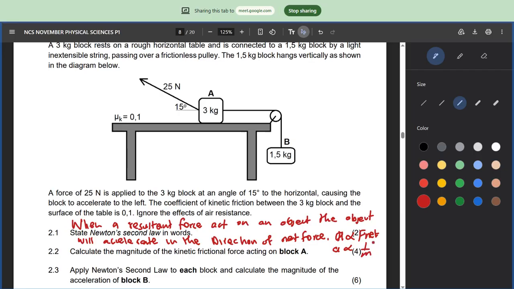It says that they want you to calculate the magnitude of the kinetic friction acting on block A. Do you understand? Yes, sir. So to find that, you need to understand the formula that we need to use to calculate that magnitude. Remember the formula for kinetic friction. To answer this 2.2, the formula goes like this: Fk equals